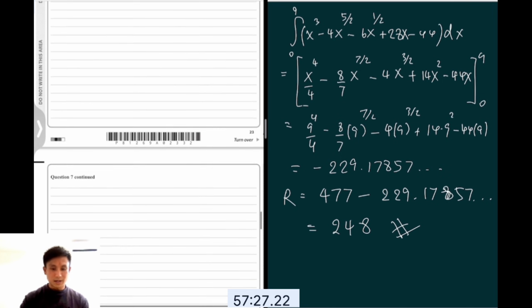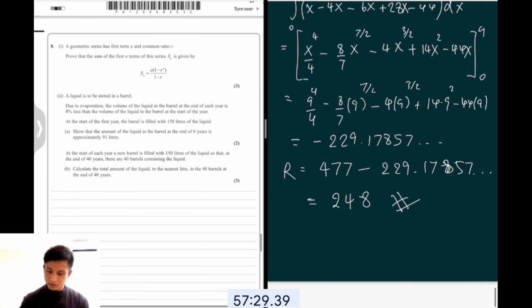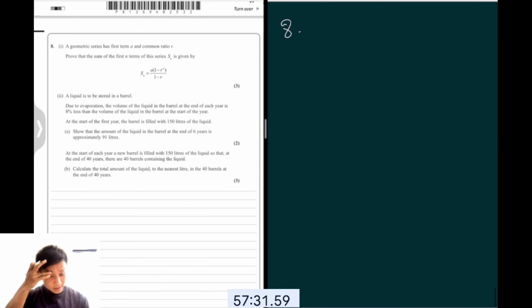That took some time, and I got half an hour left each. Let's do number 8. Geometric series has first term a and common ratio r. Prove that sum, well, you see lately they do this quite often now. You need to know how to prove the sum of the series of both arithmetic and geometric, yeah? Okay, so